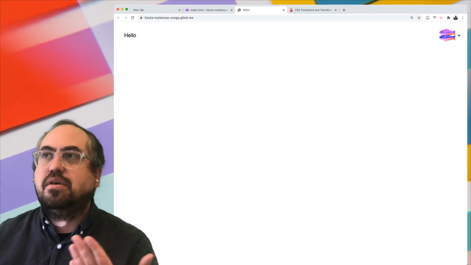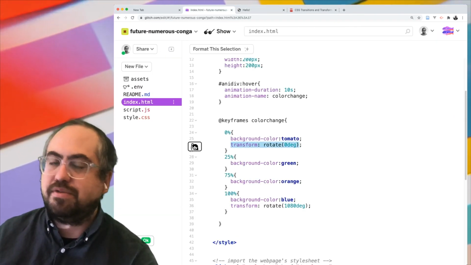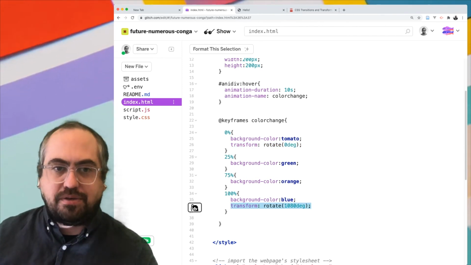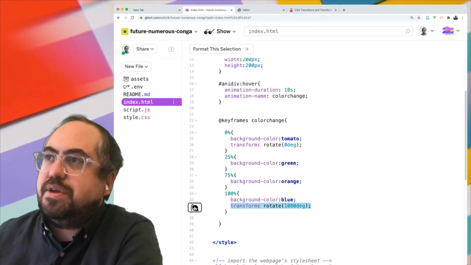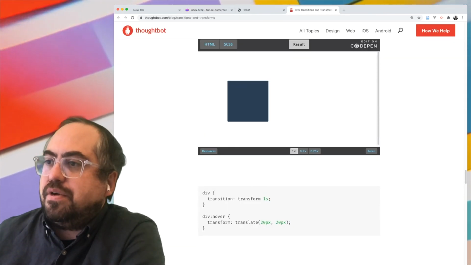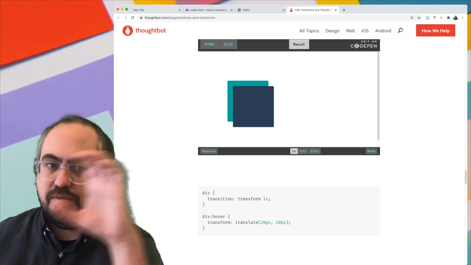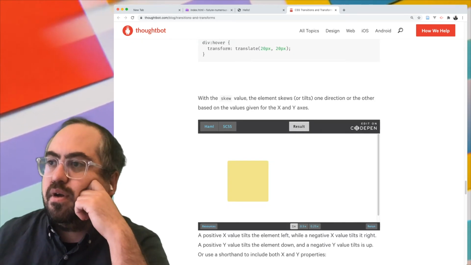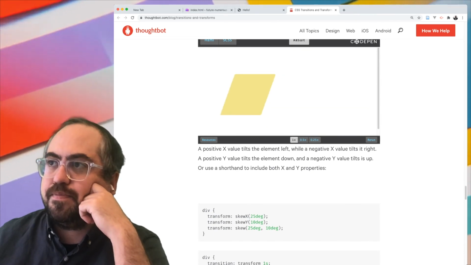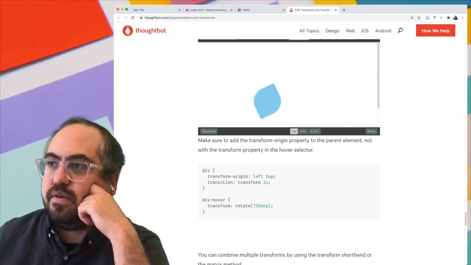It's transforming the rotate, and it's being animated by the keyframes, right? Just by the transform rotate property changing between the two keyframes. And of course, you could do that using the other method of animating as well. So there's a rotate. There's also translate. So this is translate on the X and Y. So shift it over, skew, and